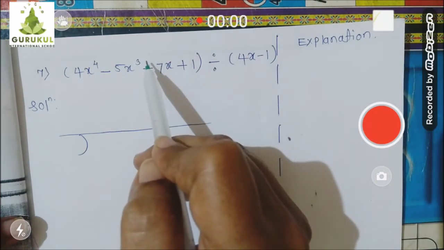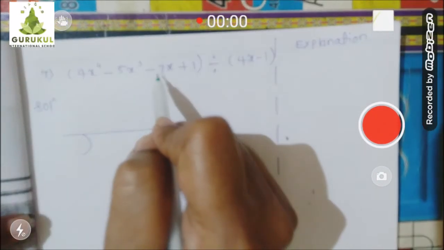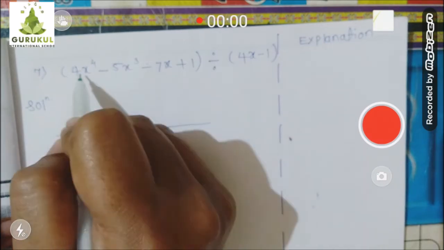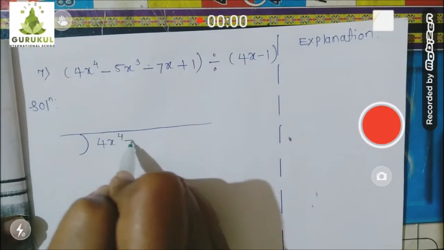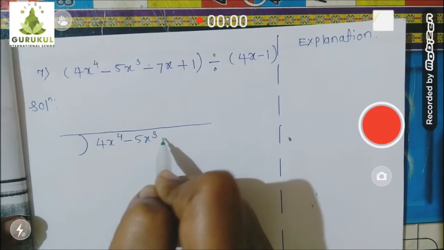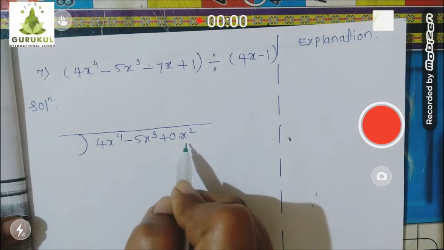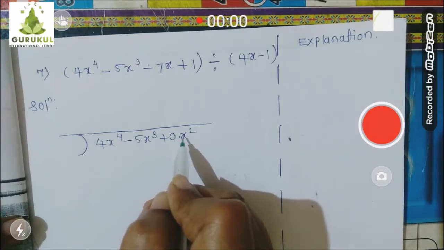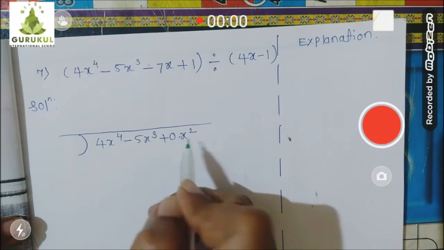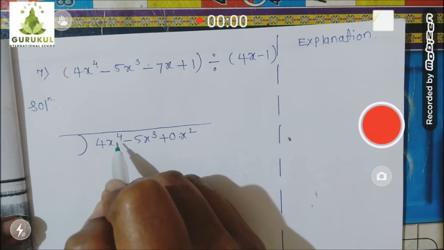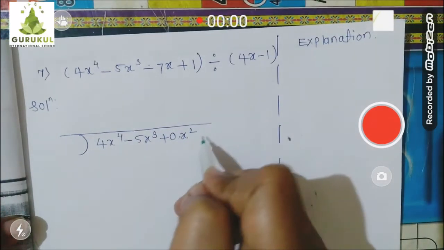So let's add the missing term in the dividend part. Okay, and how to add? Take the coefficient 0. So I'm writing that directly now. This 4x raised to 4 minus 5x cube plus 0 dot x square. I have added the missing term, children. Whenever you add a missing term, always take coefficient 0. Dot means multiplication, 0 multiplied by x square. As 5x cube, 4x raised to 4, same way 0 multiplied by x square. And remaining part copy.